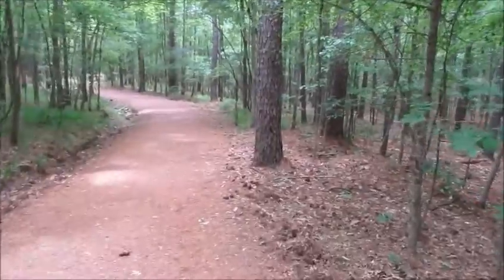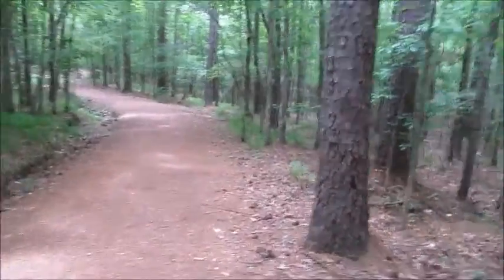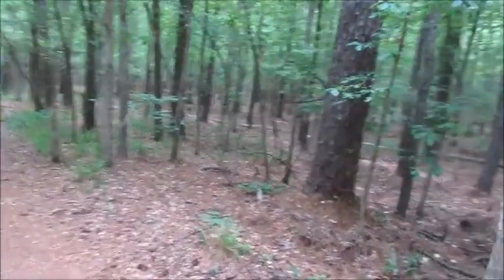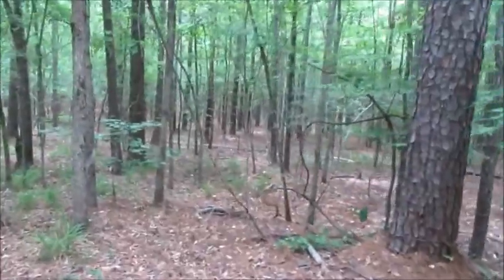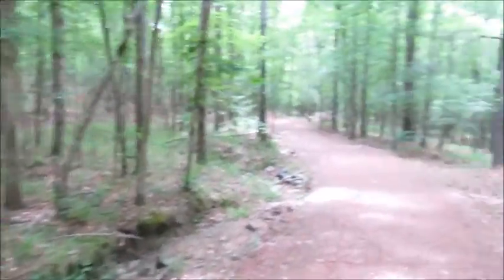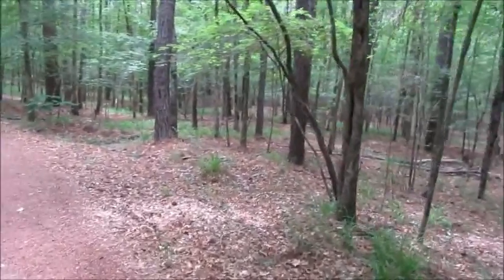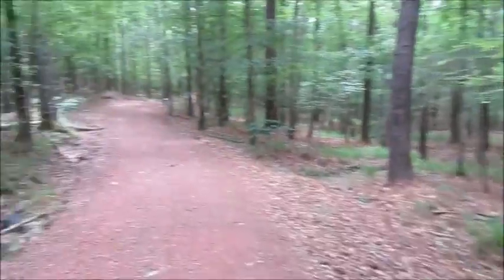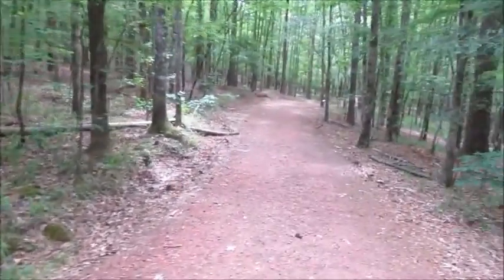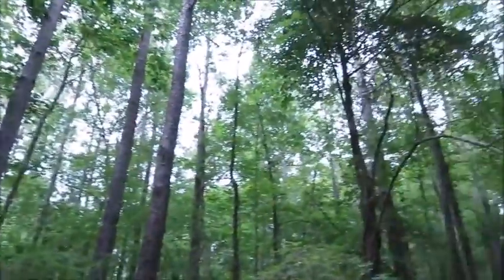There are cedar, pine, sycamore, black cherry, persimmon, and it's just a beautiful forest. And obviously I'm really near an ironworks, and I'll show you that in a minute, but all of this would have been clear cut back in the 1800s. And I don't know if they intentionally replanted it this way or if this is just the way it came about, but it's a beautiful mix of deciduous and